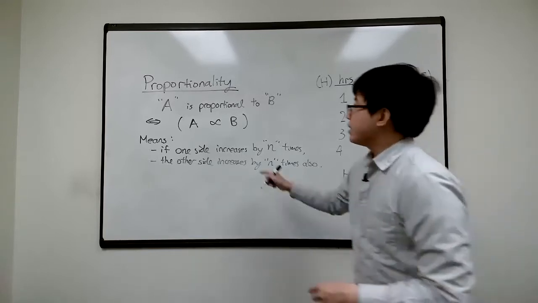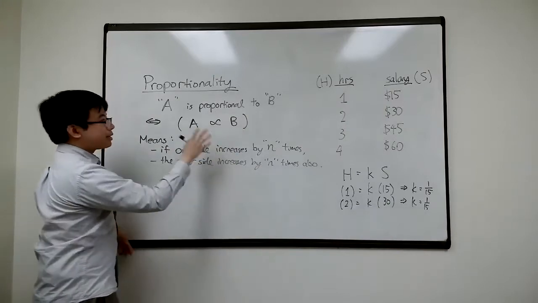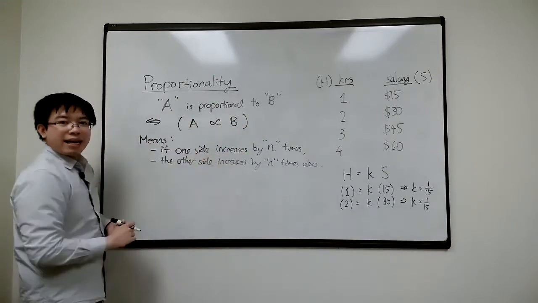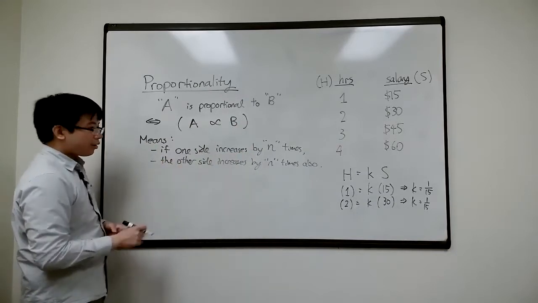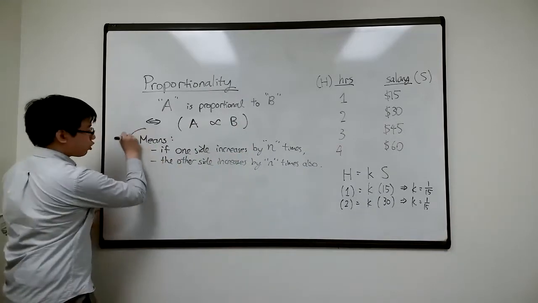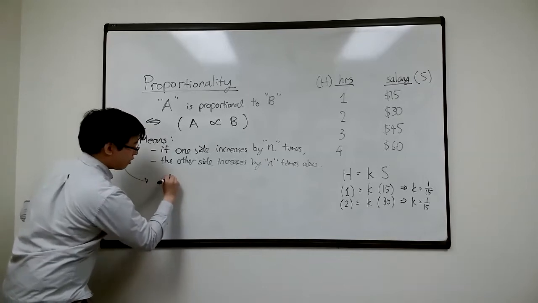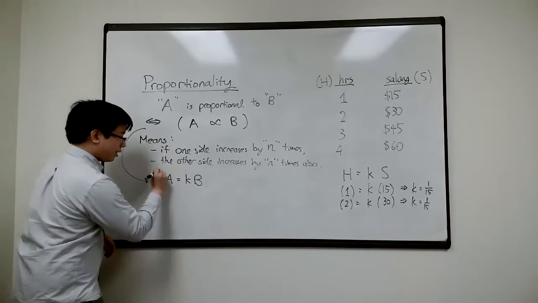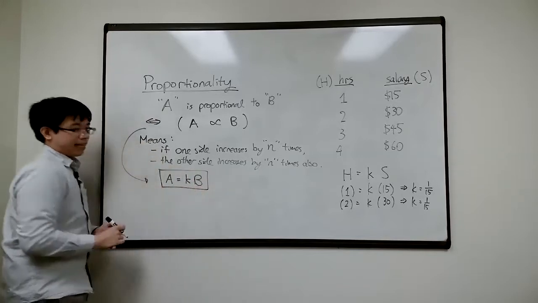All right. So that means whenever we say A is proportional to B, or something is proportional to something, X is proportional to Y, F is proportional to A, or something like that, right? You can always translate this into an equation like this. Okay. So if they're related this way, then you're fine.